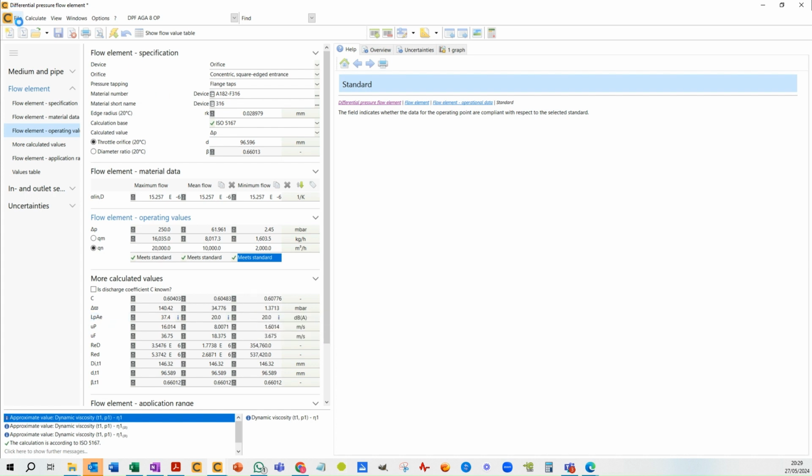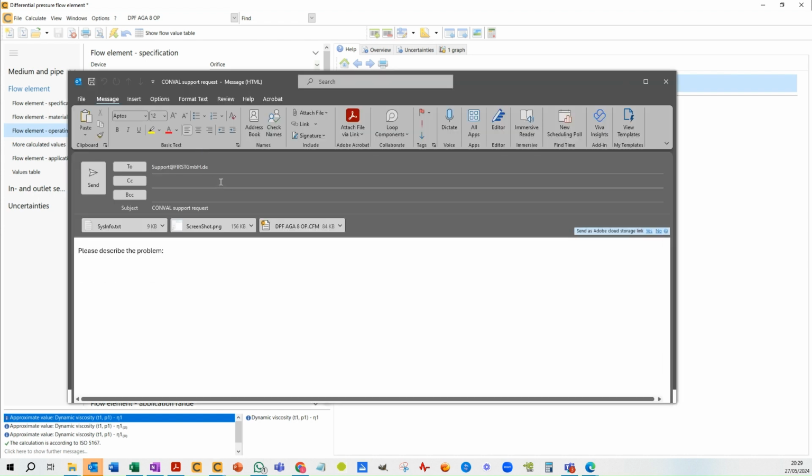Incidentally, when you save these, it doesn't save to a database, it saves to a file. So if you had a problem and wanted to contact support, the support desk is extremely proactive. We get back to people very, very quickly. We can email support just by clicking on the question mark, clicking on email support, and my machine is acting a little slow. You can see an email populates. You can type in your details here. You can put your signature,